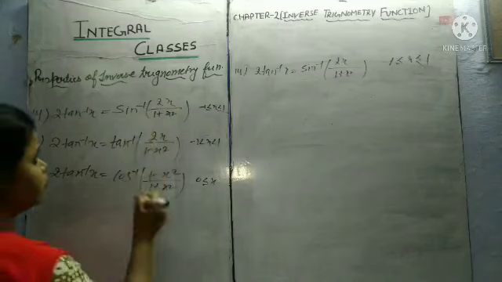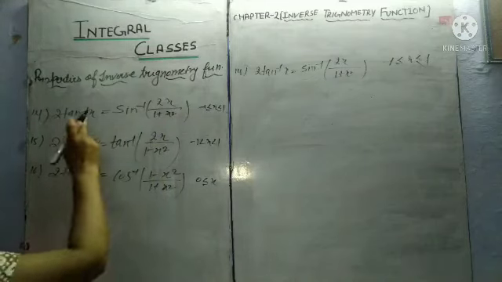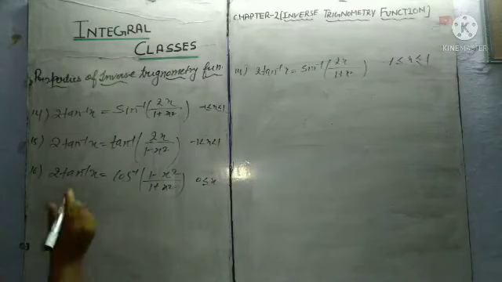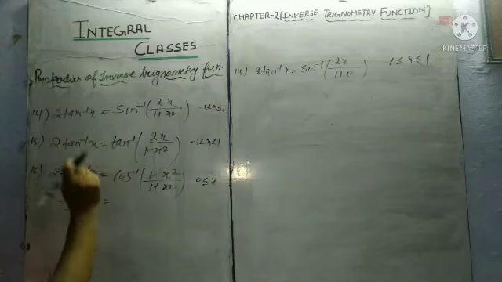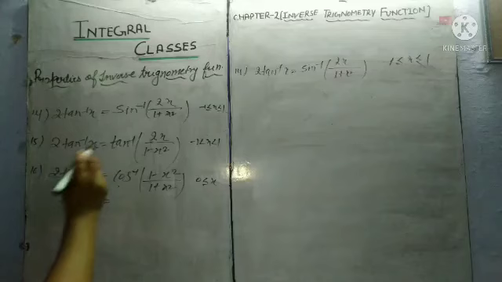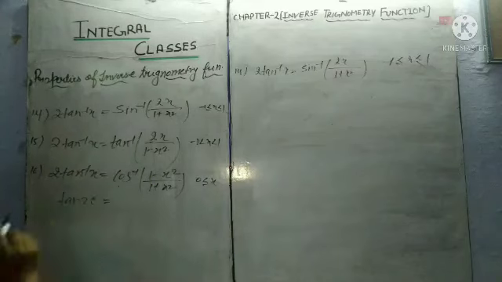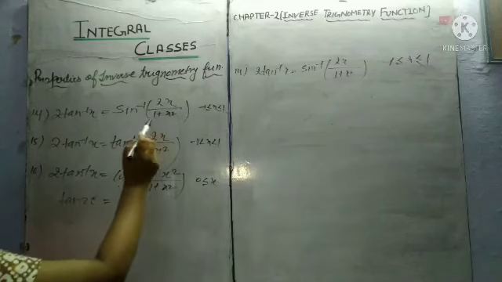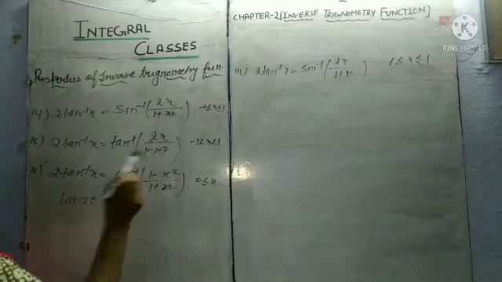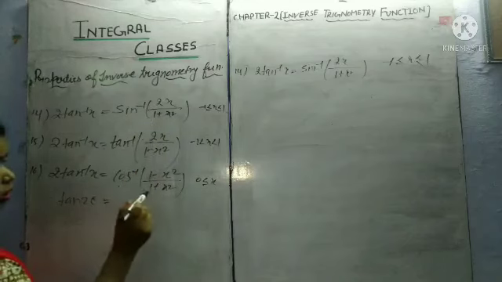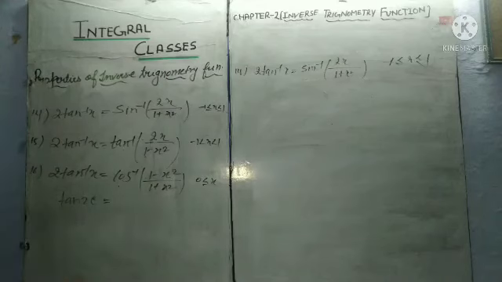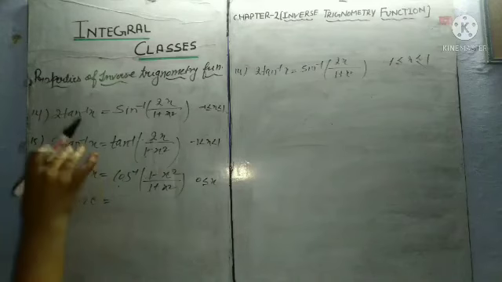Student, as we observe, these three properties belong to the formulas for sin 2 theta, cos 2 theta and tan 2 theta, in the form of tan. If you put x equal to tan theta, it will become 2 tan theta upon 1 plus tan square theta, 2 tan theta upon 1 minus tan square theta, and 1 minus tan square theta upon 1 plus tan square theta. So student, this property also we have learned in our 11th class. So that property we have to use and prove that this is equal to this.